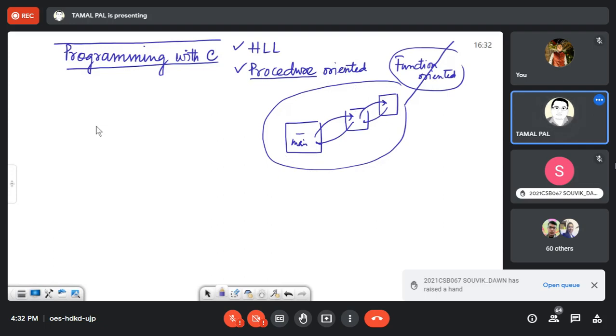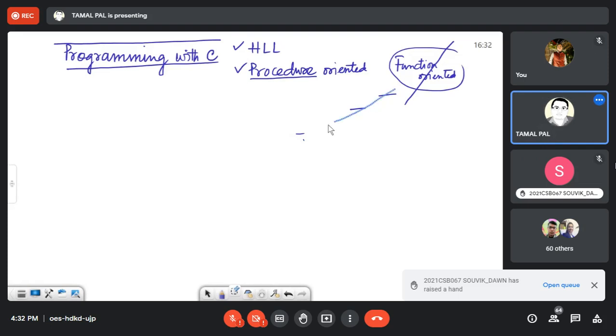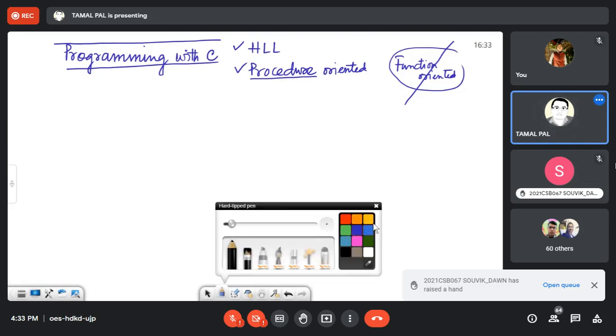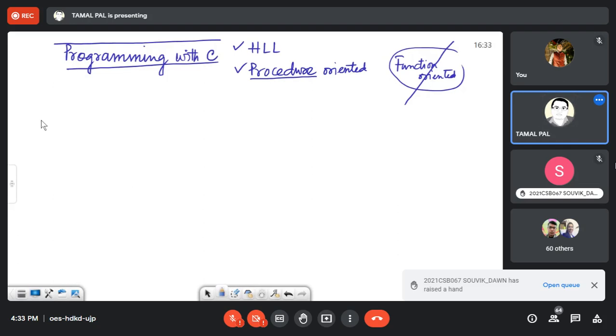Now, in English language, I think I may erase some part of it because it looks very clumsy. When we write anything in English language, before writing, we have to know something. So writing any sentence or any paragraph, anything in English, not only English, in your mother tongue also, if you like to write anything, you have to know the alphabet.